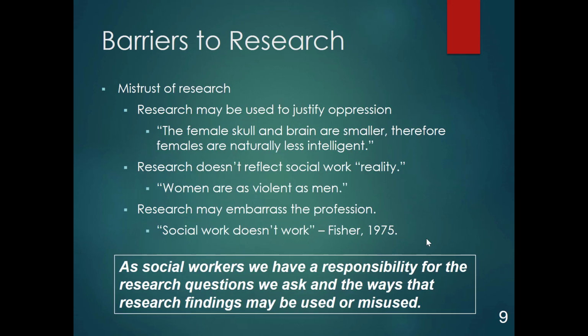What are some barriers to research? Well, there is some mistrust of research. In chapter 2, I think we cover a little bit more of that. But research can be used to justify oppression. So let's talk a little bit about barriers to research. One of them is mistrust of research. A lot of people don't trust the results. They don't trust research. So, for example, research may be used to justify oppression, and one way that can be done is